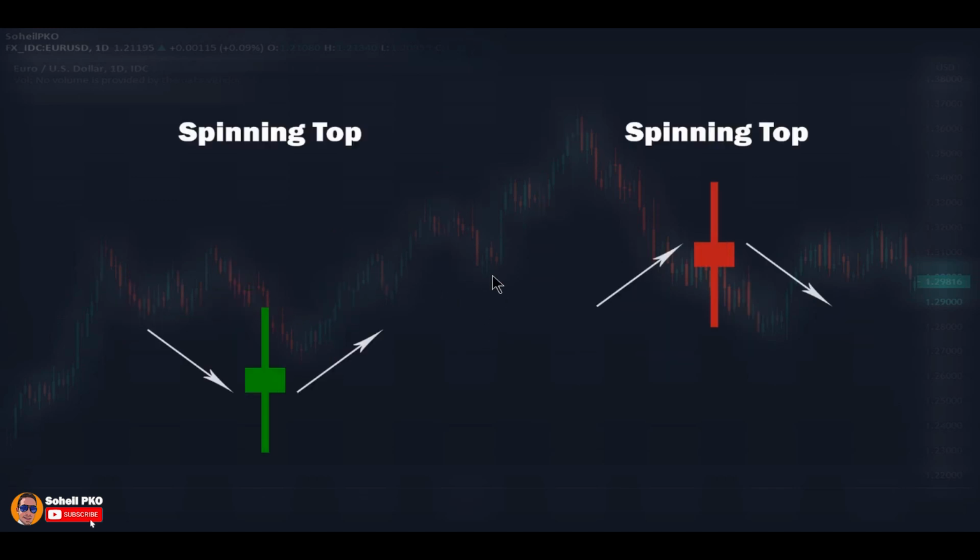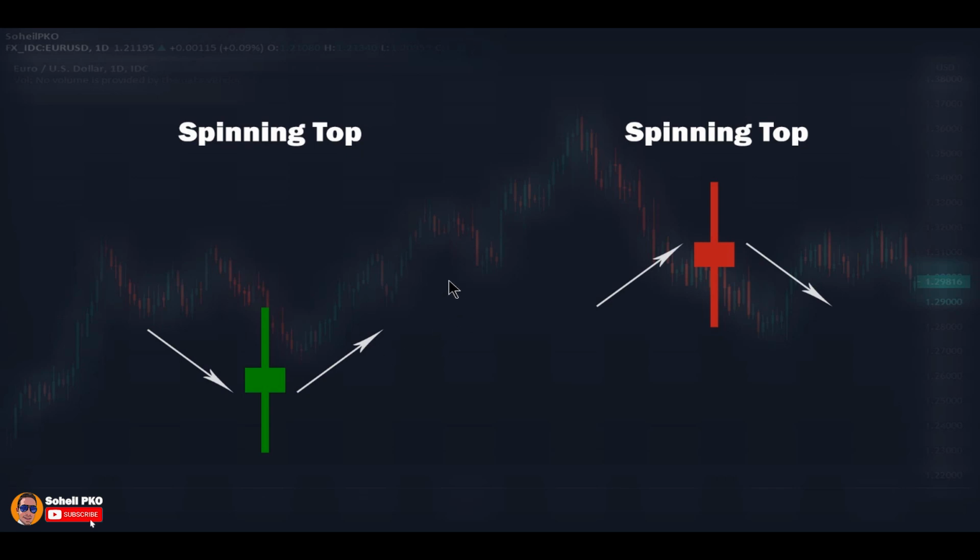Interpretation of being bullish or bearish depends on where it forms on the charts. If it forms following an advance or near a resistance level, in other words, if it forms at the top, it's bearish and it shows that buyers are weakening and there is a possibility of the price turning. And if it appears following a decline or near support levels, in other words, if it forms at the bottom, it's bullish and it shows that sellers are losing strength and there is a possibility of a change in the direction of the price.